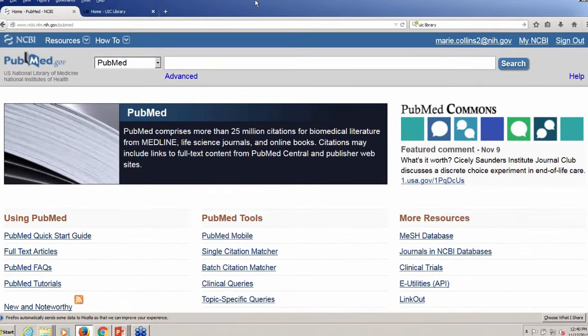So I talked about access to the full text from the publisher or aggregator. You might also have access to your own institution's subscriptions. And we have a free service called Link Out for Libraries, where your library sets up an account to share their collection via PubMed to authenticated users. Links that are set up in PubMed appear as icons that you can click on for either immediate access to full text or a method for ordering the article. If your library participates in this program, you'll see your library's icon on some or all PubMed citations depending on their service. So I'm going to go ahead and show you very quickly what that might look like at your